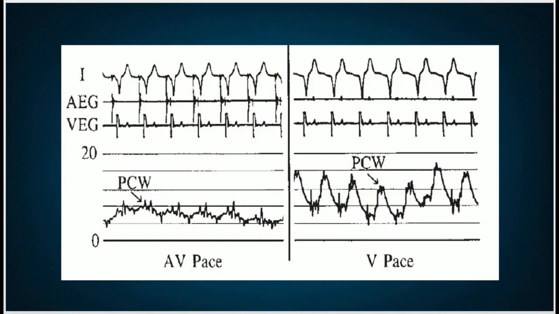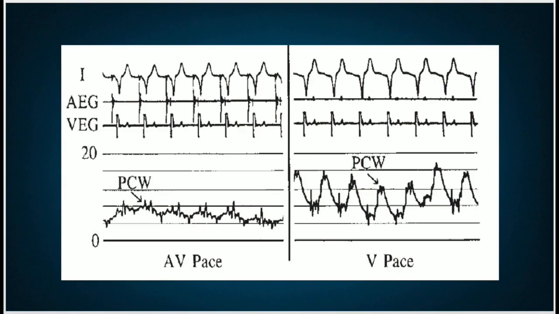The right panel shows pulmonary capillary wedge pressure during ventricular pacing at 80 beats per minute with intact VA conduction. A relatively normal pulmonary capillary wedge pressure tracing is produced during AV sequential pacing, with mean pressure between 4 and 8 mmHg and without significant